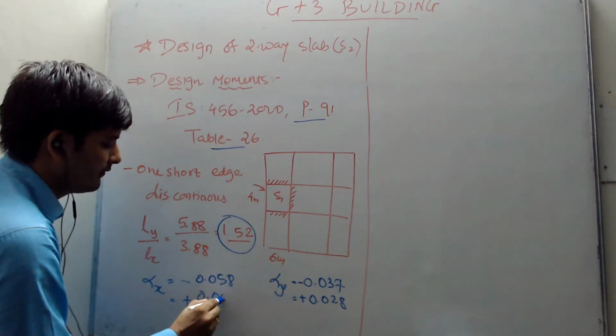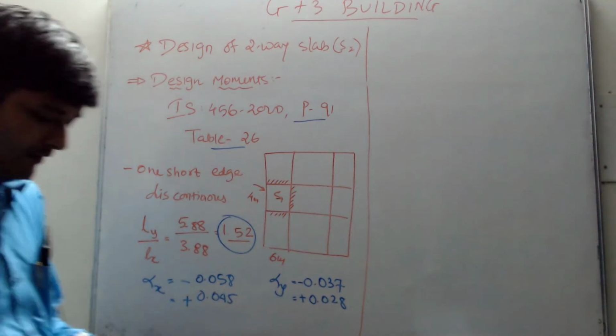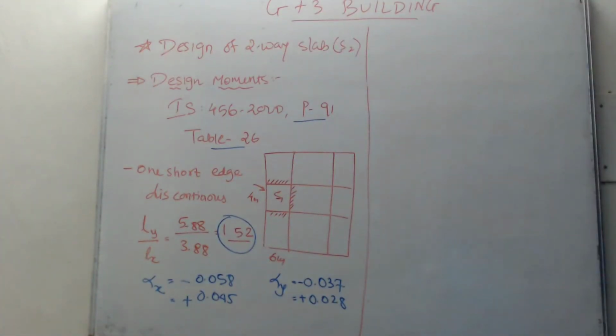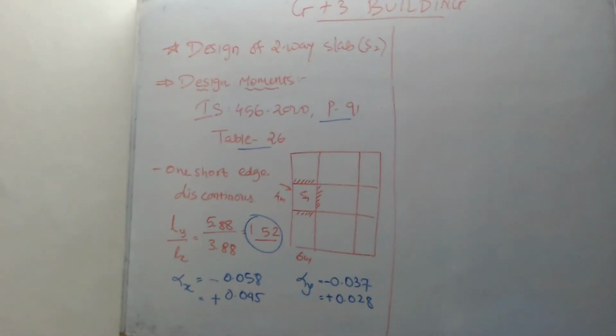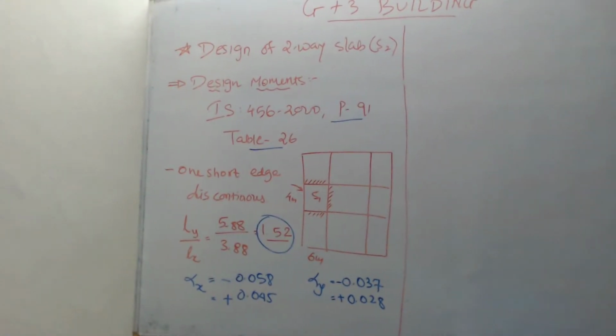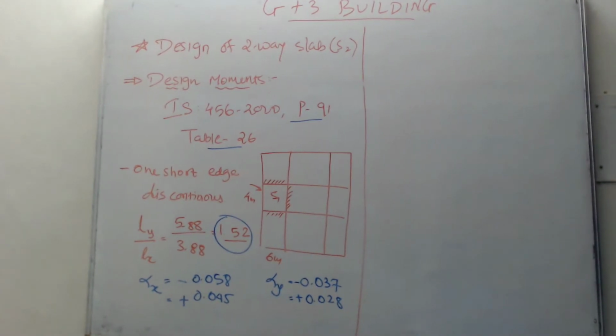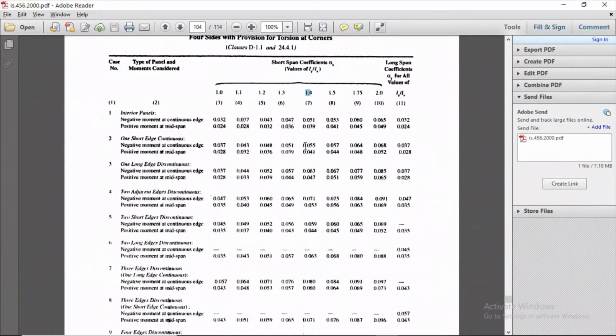Now let us see the IS code and try to understand how these values of alpha x and alpha y are coming. So this is for the second case, right? One short edge discontinuous, we are finding the values. So we got our Ly by Lx ratio as 1.52, which is in between 1.5 and 1.75. So we need to do the interpolation, right? So after doing the interpolation, we are getting our values